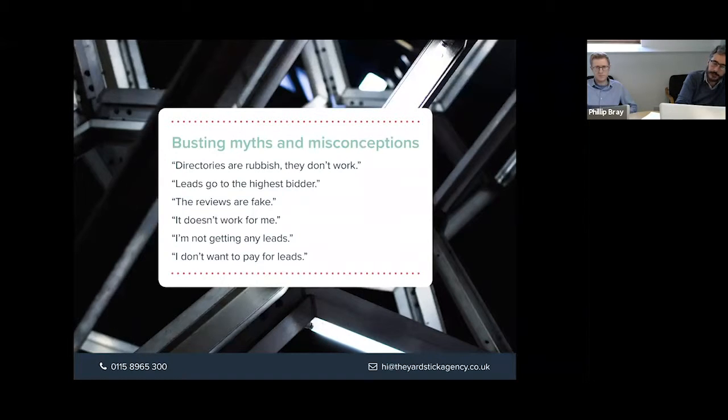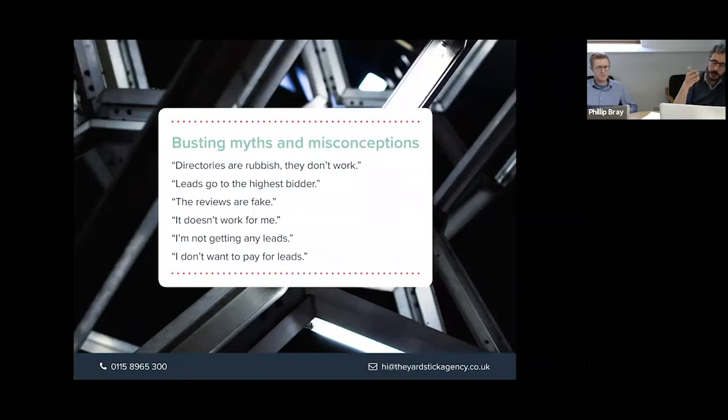The reviews are fake. I suppose this relates to Vouched For. I don't believe that they are. I know we were in conversation with one particular consumer publication a few months ago who was keen to understand why so many reviews and ratings for advisors were positive. They didn't think that was possible. And over time, they became convinced that actually the service advisor planners give is on the whole very, very good, and clients are overwhelmingly happy. And that's actually backed up by some research that we've got.